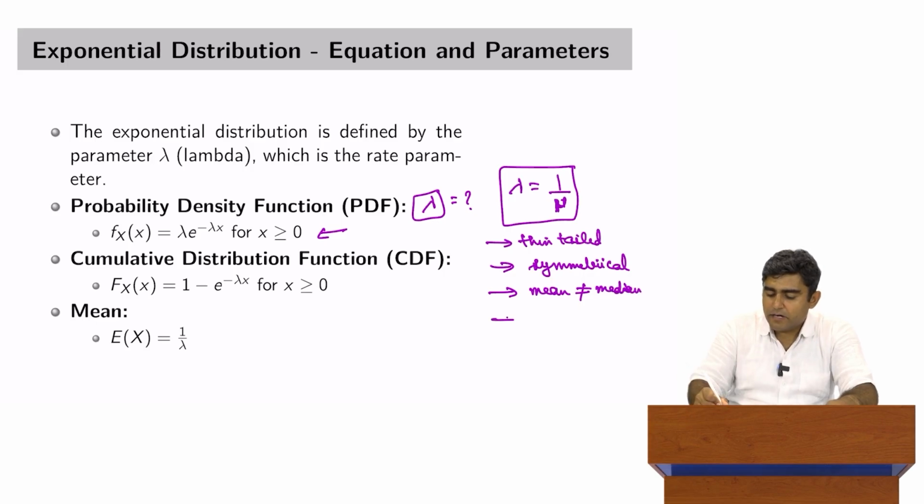And also it would have highest concentration around the value of mean, but it would be slightly skewed towards left